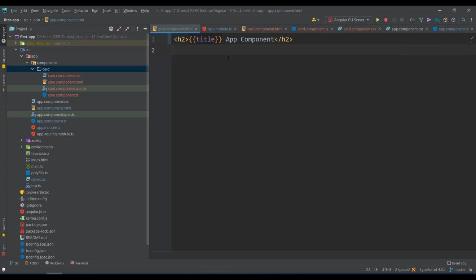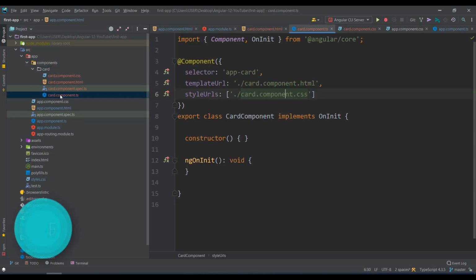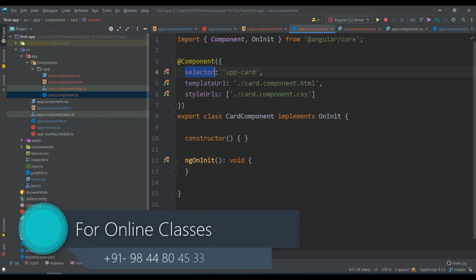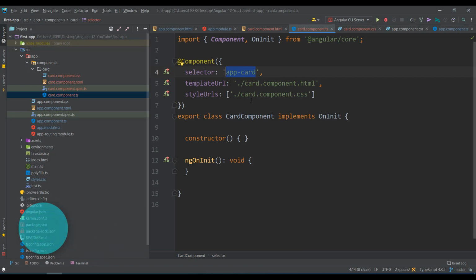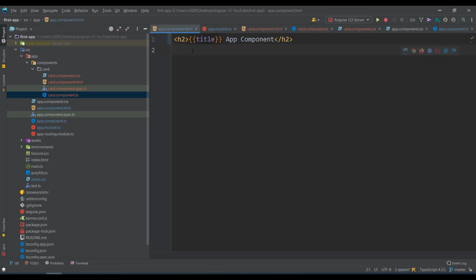How you connect is simple. Every component has a selector, app-card. This is the tag name for the complete source code you write in the HTML. So I go to the app component and write app-card.